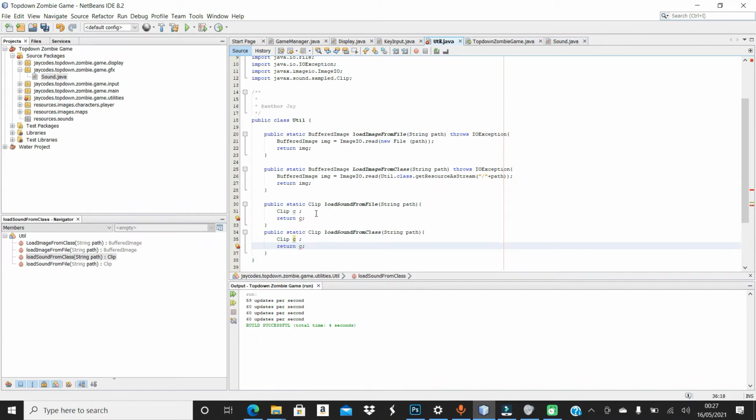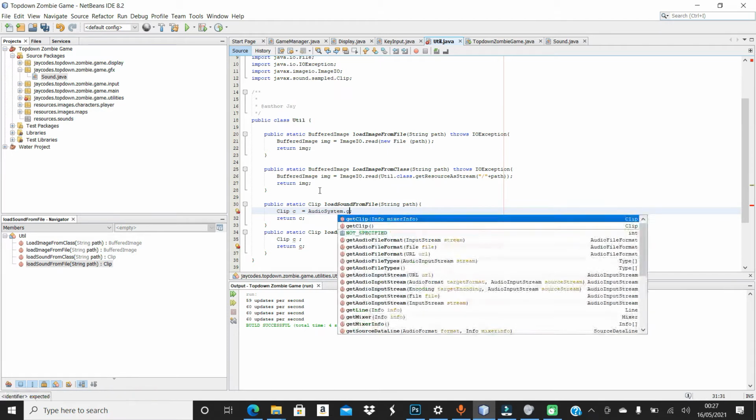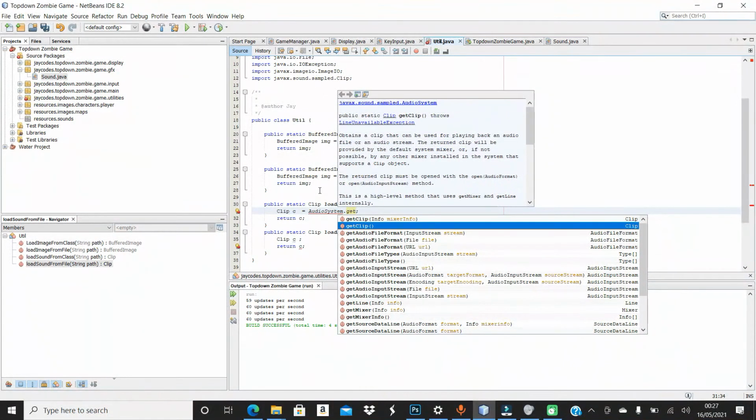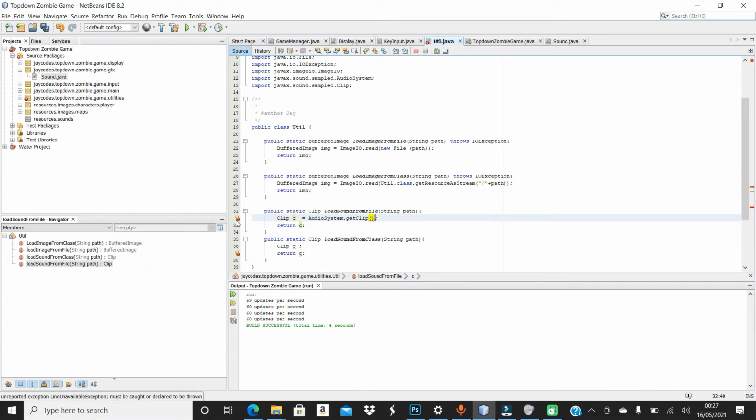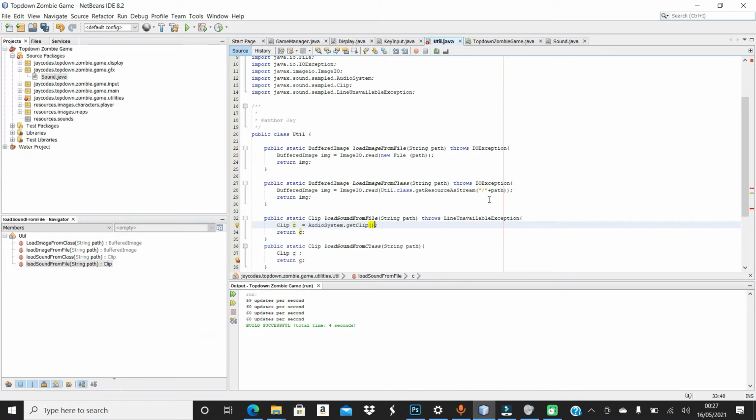and we need to initialize this. So that is exactly what we're going to do right now. So first thing is we're going to say clip C equals to audio system. As I have no idea what I'm doing here, I don't have lots of experience with this stuff. I usually just memorize code. So we're just simply gonna say audio system dot get clip and there we go. And it's gonna throw some exception, so we're just gonna throw that exception. We're gonna deal with it like that, and